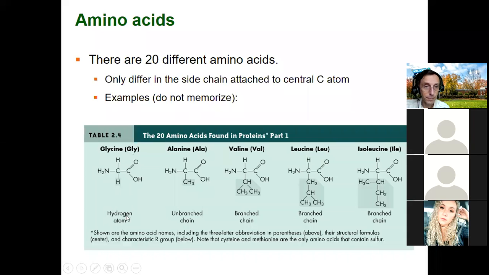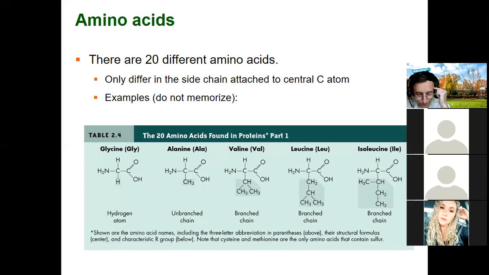It's colored a darker shade of blue here. The simplest R group is in the amino acid glycine, where the R is just hydrogen. But each of the different R groups will vary for each different amino acid. Some of the R groups, actually all of these R groups here, are